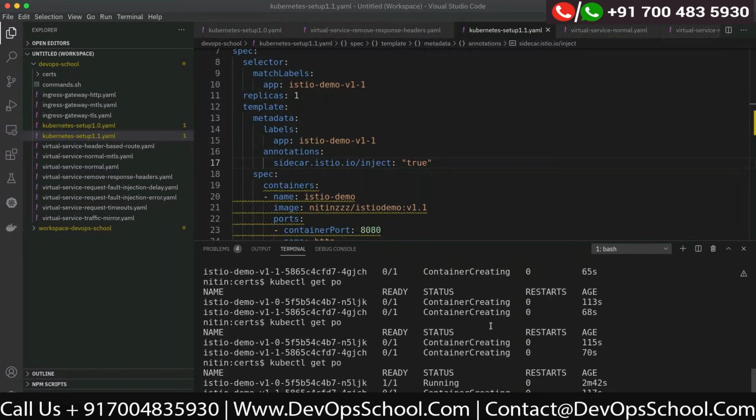The other one is still in container creating state. So meanwhile, our first exercise is with 1.0, so let's work with that itself.